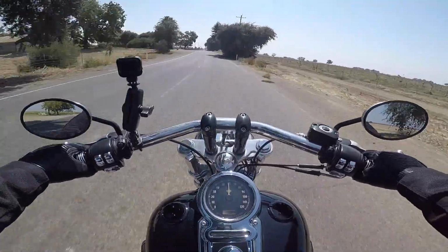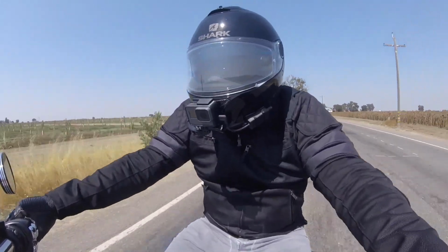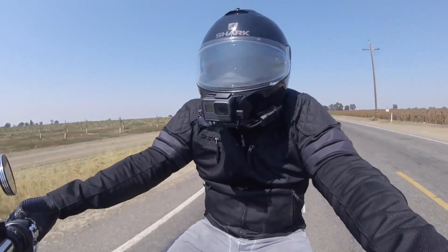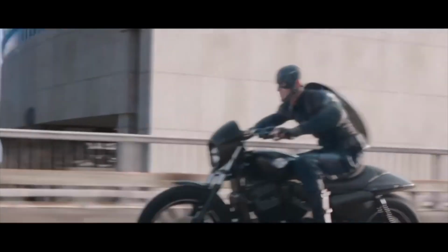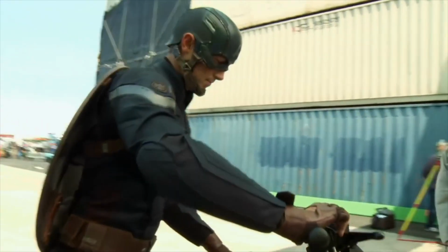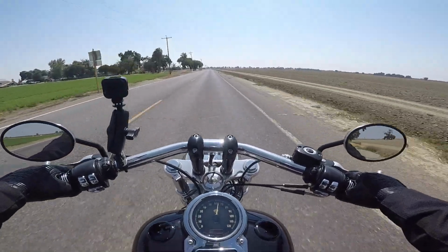Now, another Harley Davidson bike they used was in Captain America: The Winter Soldier. They actually used the Street Series, the 750. Captain America rode that bike right before he jumped over one of the, I don't think it was a helicopter, I believe it was like a jet. But that was pretty awesome to see the Harley Davidson represented in a movie